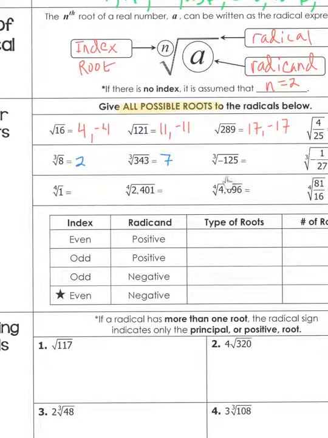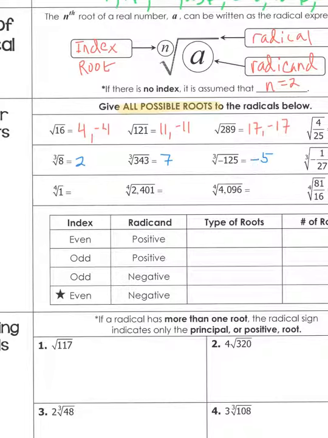What number times itself 3 times gives you negative 125? Well, that's going to have to be a negative 5 times negative 5 times negative 5. So your answer to that one actually is negative. So if the number under the radical is positive and it's an odd root, you can have a positive answer. But when the number under the radical is negative and you have an odd root, note that you have a